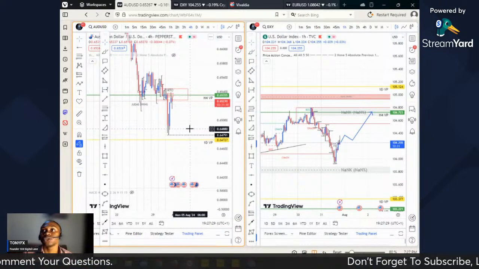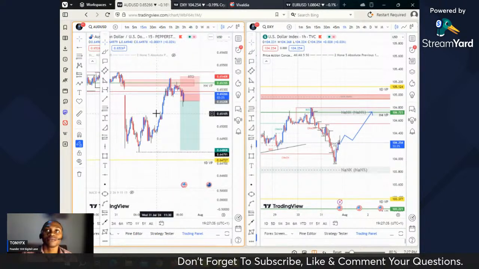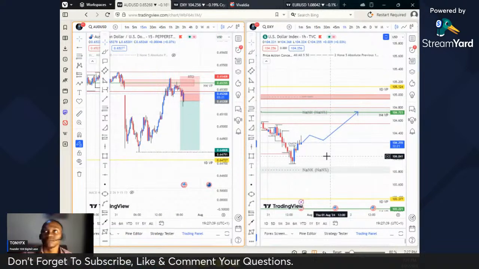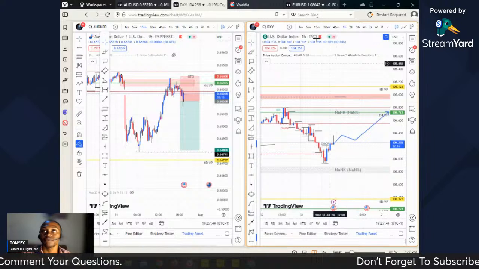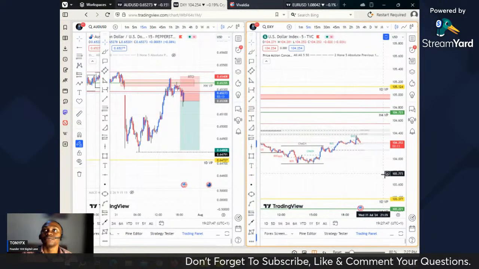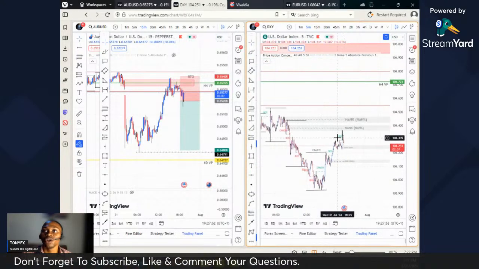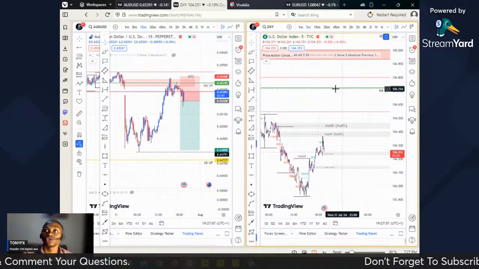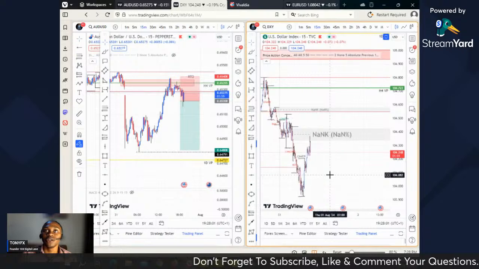In about 3 minutes' time, the press conference will be released and we will then see massive volatility in the market. Remember, we have a change of character on DXY on the 15 minutes time frame and also on the 5 minutes time frame, which the market can still respect to maintain this uptrend. This is more like a corrective structure. When it gets to this resistance point or this supply zone, then I'll be off.